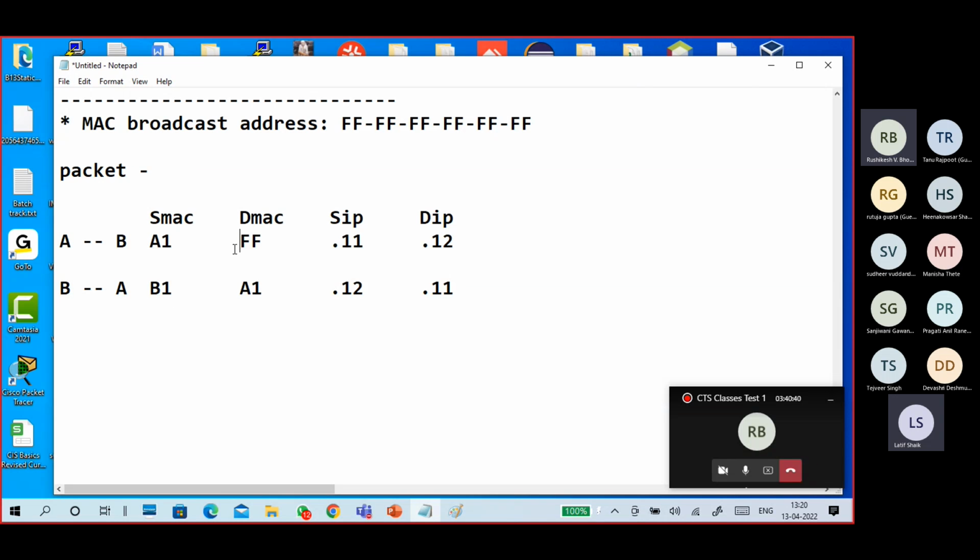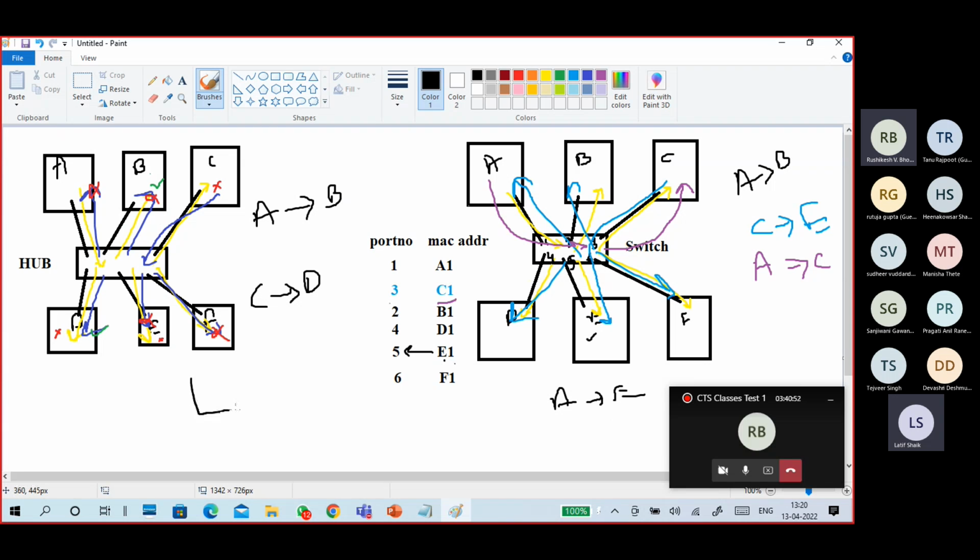Why is it not a broadcast here? Because I received data. So there is a machine A and there is B. I'm talking about A to B communication only, not switch or any other communication. A is sending a packet, but A doesn't know B's MAC address at present. So we use a broadcast address for the destination MAC address, but the IP address we know. Now finally we send a packet.